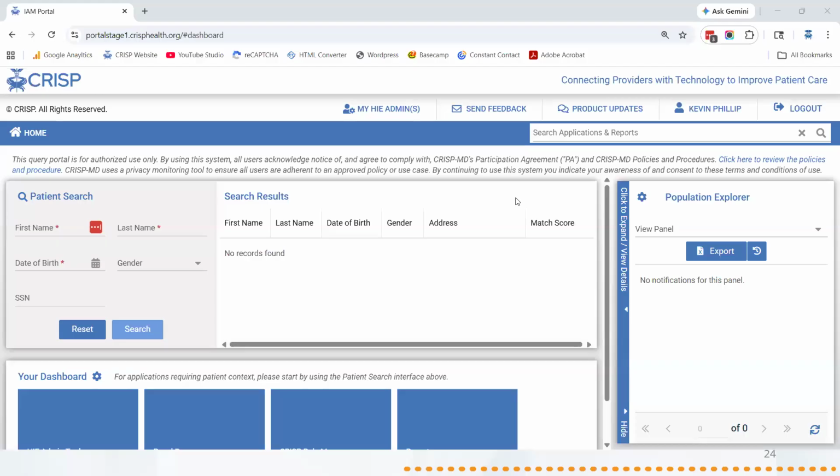All right. Have that up now. So you'll see this looks exactly like what we were just looking at. The only difference is there's this thing on the side called Population Explorer. So if you do have access to it, this is our care coordination tool. It's part of a larger